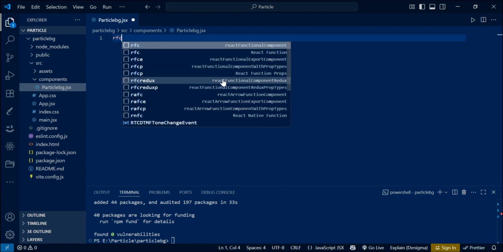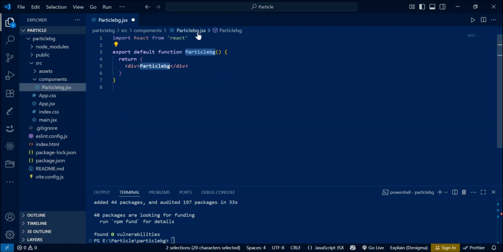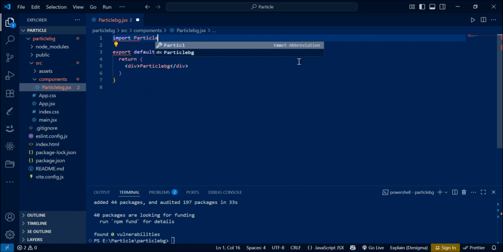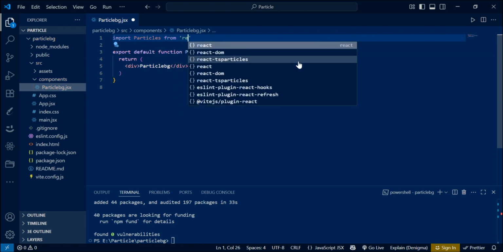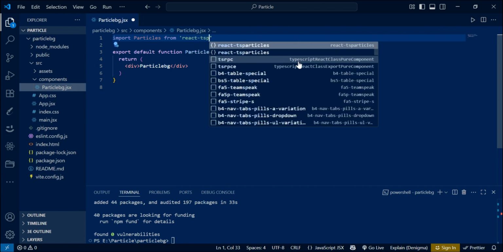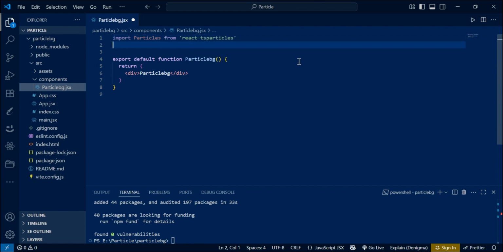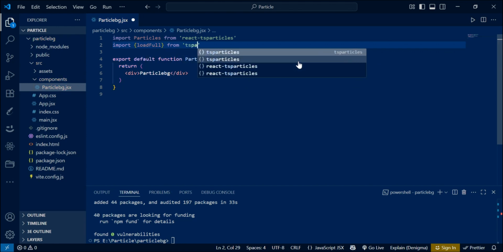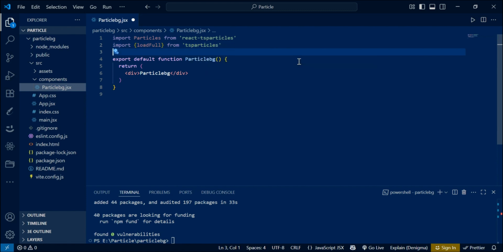Here we need to type rfc and hit enter, and then here we need to import Particles from react-tsparticles, and then we need to import loadFull from tsparticles, and then